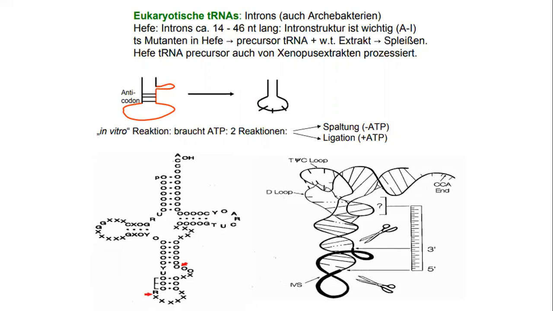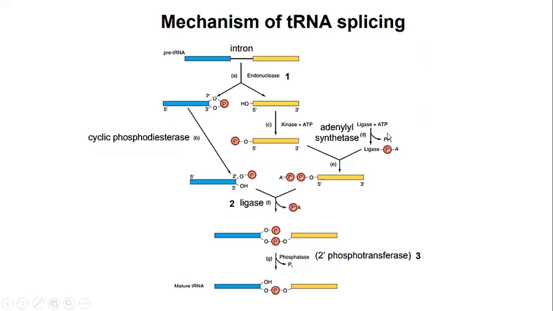And this tRNA splicing, which removes the intron depicted here in the red color, contains 3 steps. These steps are: first the endonuclease attack, after that the ligation, and after that the phosphotransferase reaction. In the endonuclease reaction, basically the introns are removed, and after the removal of the intron, the adenylyl synthase enzyme comes, which in addition with the ligase and ATP forms the ligase-adenosyl monophosphate,